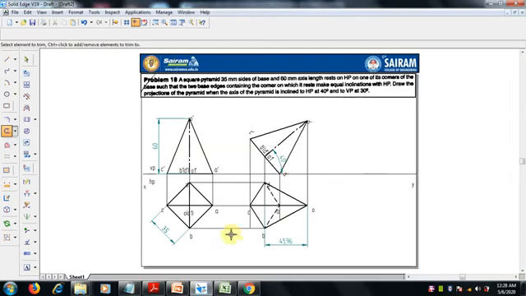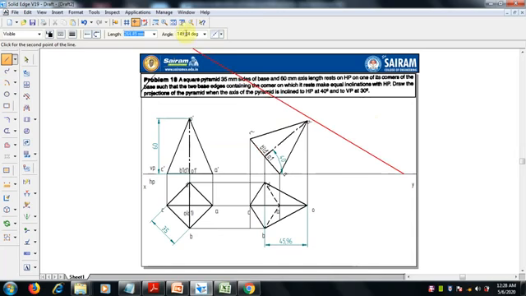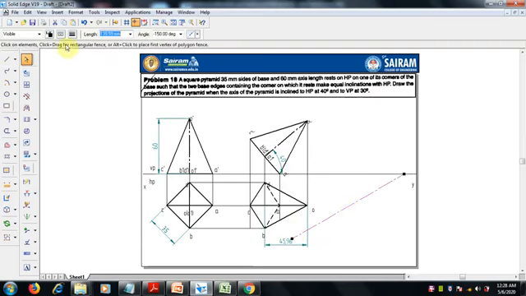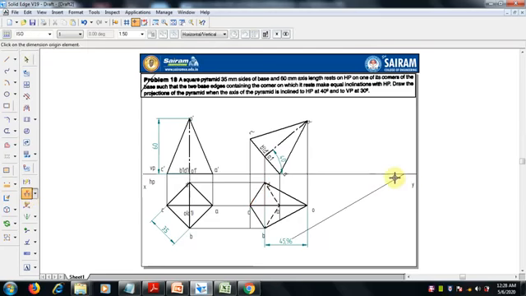Now we have to draw the angle, which is 30 degree to VP. So draw a line from this reference line, 30 degree here, you can put angle 30, and draw the 30 degree line, a thin line. Wherever it is, just draw it. It is a continuous line, it should not be an axis line. Now check the angle before drawing that. What is given is 30 degree. Okay, fine, that's 30 degree.